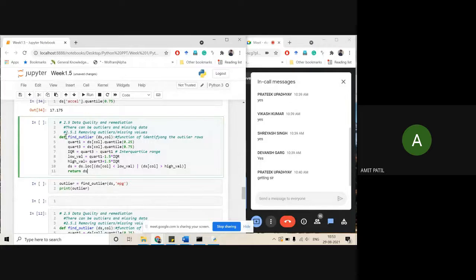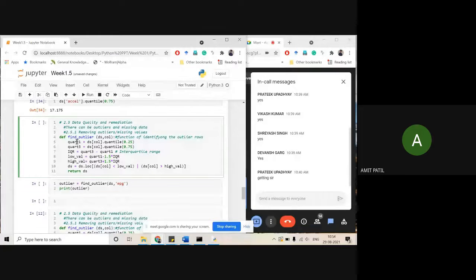This is def, meaning you are defining the function find outlier, and then you are giving input. For input there are two entries. First is your ds, that is the data set, and the second is the column name, for what variable. It is not necessary that you put only columns here; you can put any x, y, z, but you need to fetch that properly in the further commands.